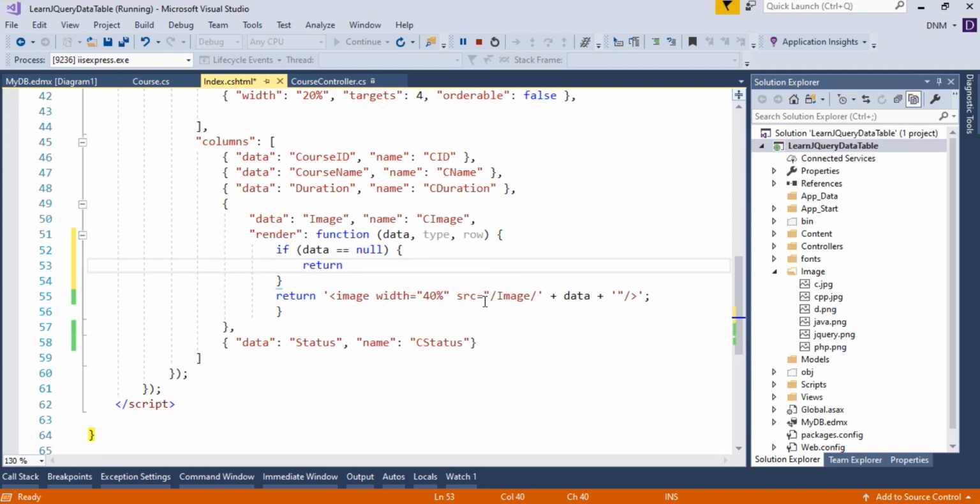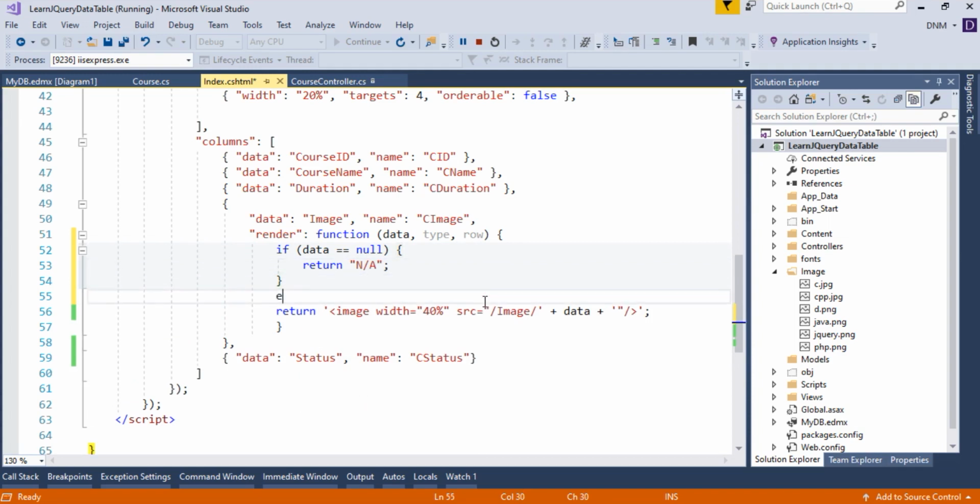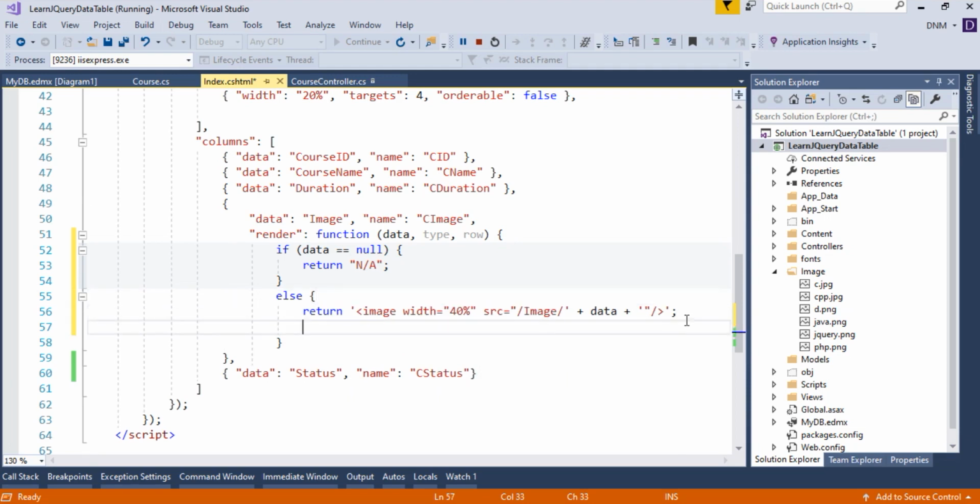So I'll say return not applicable, either in single quote or double quote. Otherwise, if there is any value, in that case we will display an image tag. I hope you understand this.